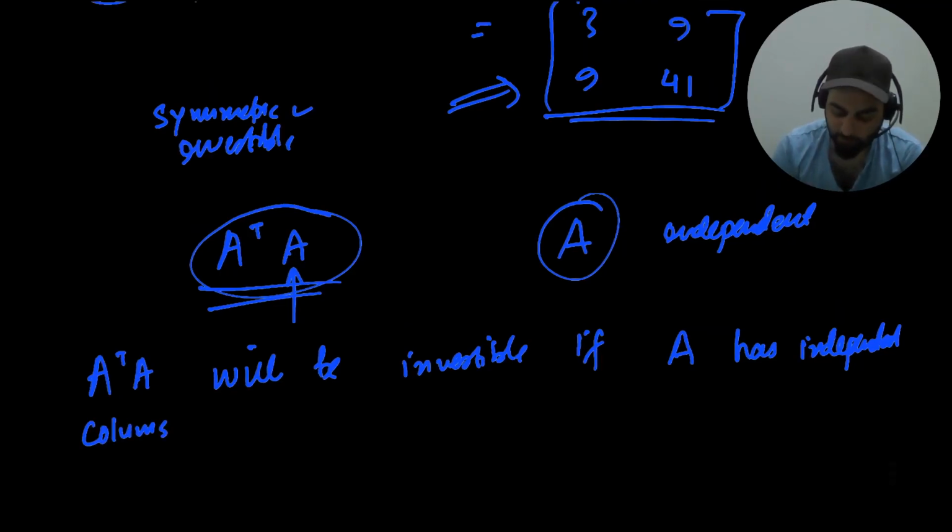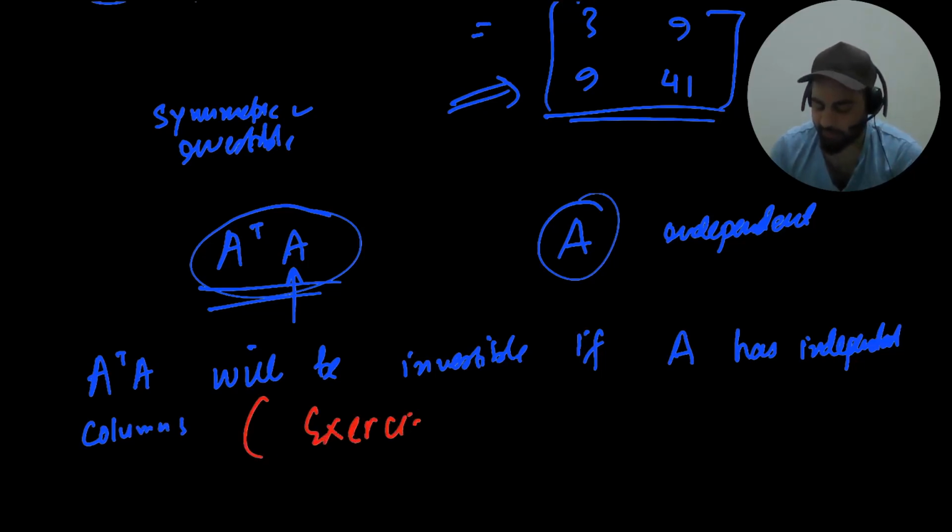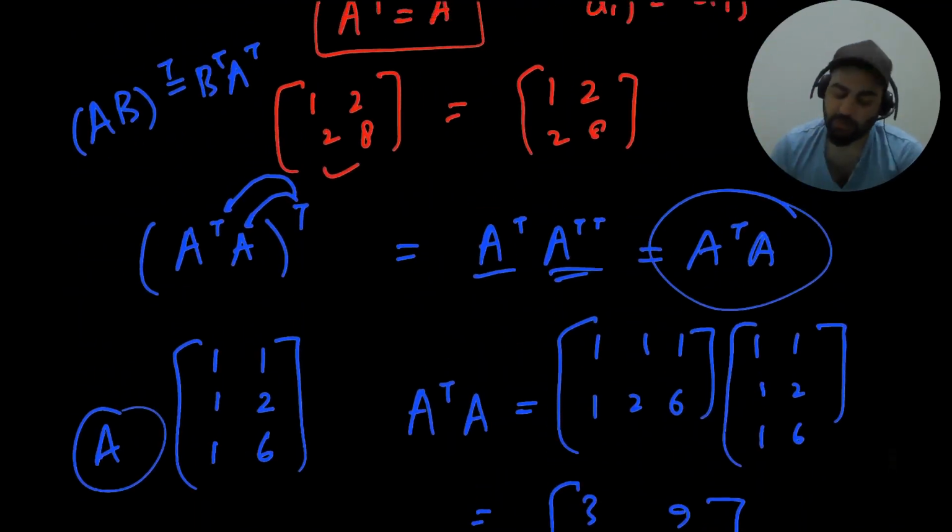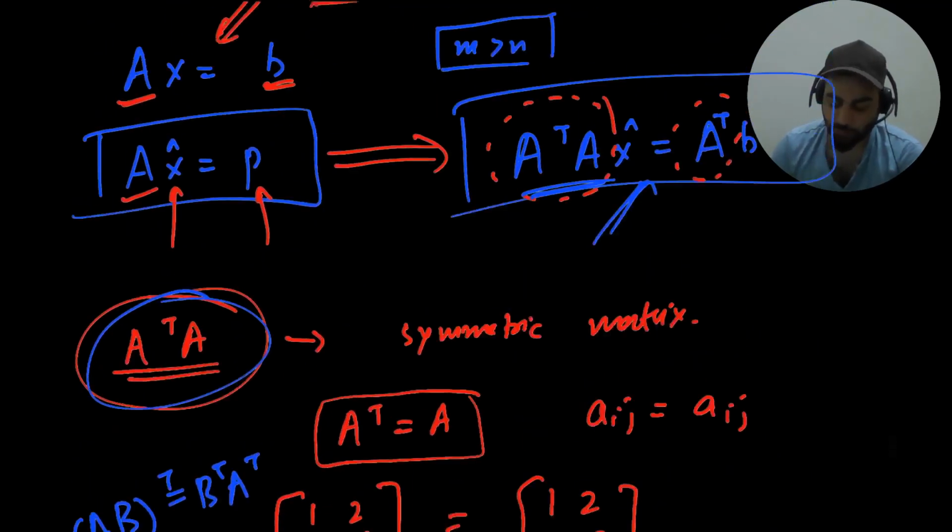And for you guys, it will be an assignment question. Probably you'll have to prove it mathematically. So this will be an exercise problem. It's not difficult to prove, but I want you to learn the skill of how to prove these things. Okay, now the question is, going back to linear regression, our problem was to solve this Ax is equal to